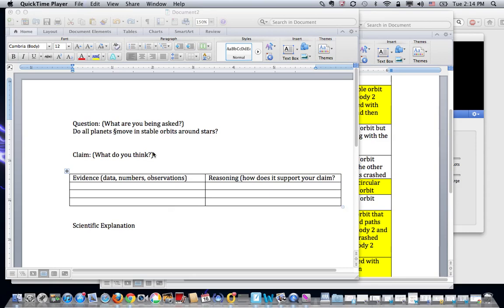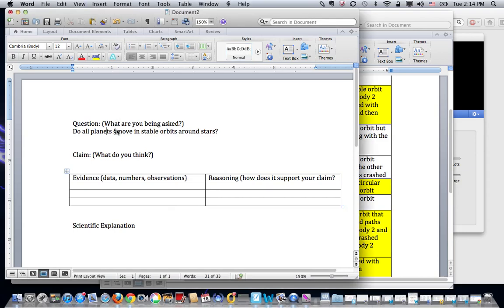Today I'm just going to do another example of claim evidence reasoning, which we've been doing in class for about 2 weeks. It's very important that you can do this for any type of question that either I give you or that is given or that you come up with and we do an investigation or an activity with. So I'm just going to look at investigation 3. This is one we've done in class. It's in your science notebook, but here's exactly what I've been trying to accomplish with this